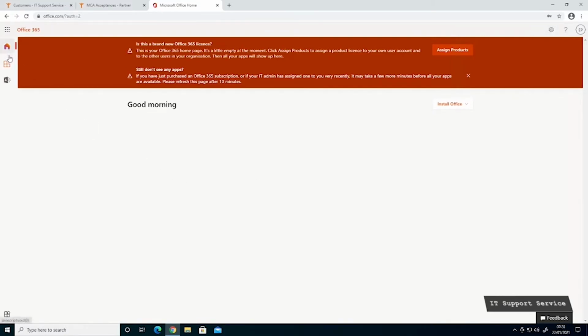Okay, so now you'll see that there's very little in the way of tiles down the left hand side because we haven't actually got any licenses associated with this login. This login is a global admin, so it has all the rights to make lots of changes to your Microsoft account, but it has no software, it doesn't have a mailbox, it has nothing. So we click on the admin tile,